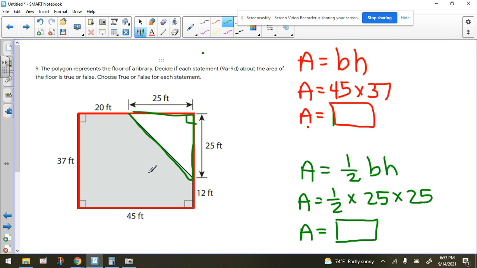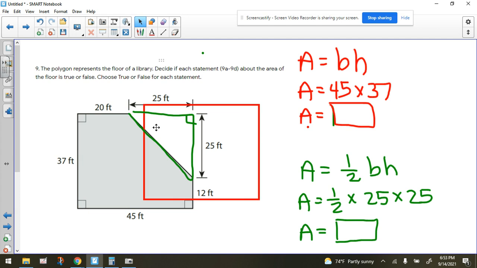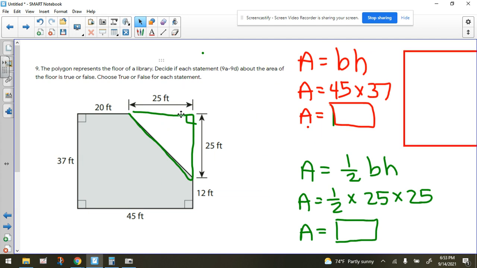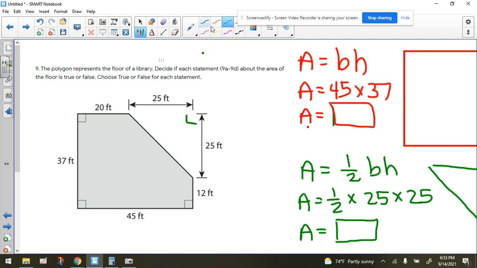Now, if you look at the other questions, one of the things that they're asking is, is there another way that you might be able to figure out the area of this region? So let's move this out of the way, and let's move this out of the way. Is there any other way that we might break this thing up? So let's just take a peek and see if we could break it up and figure it out by figuring out the area of this. Do we have the information to do that? We could multiply 37 times 20 and get the area of that purple rectangle. Could we get the area of this